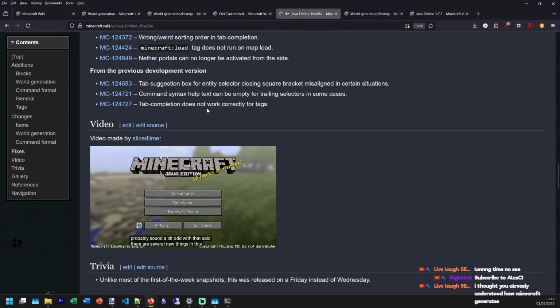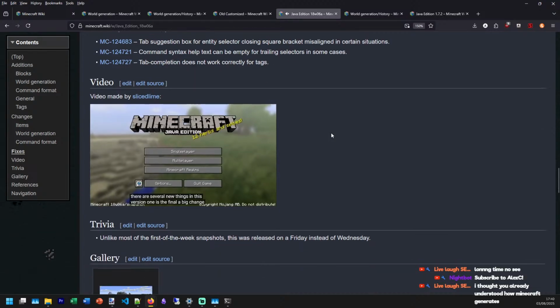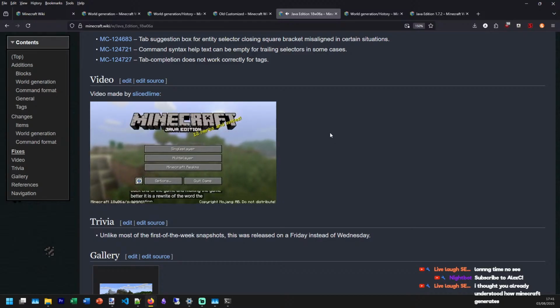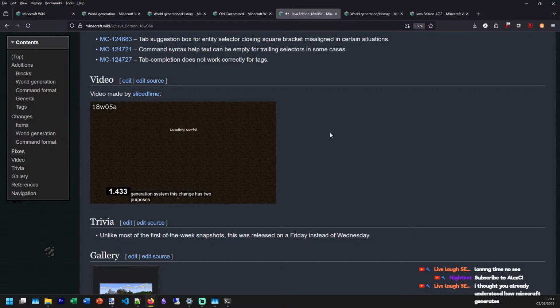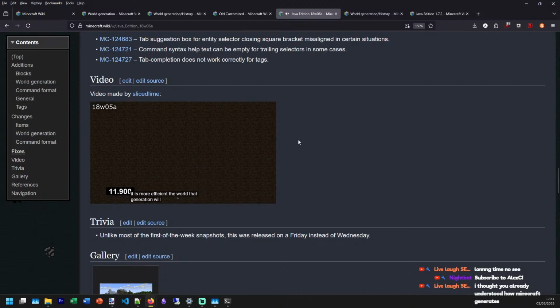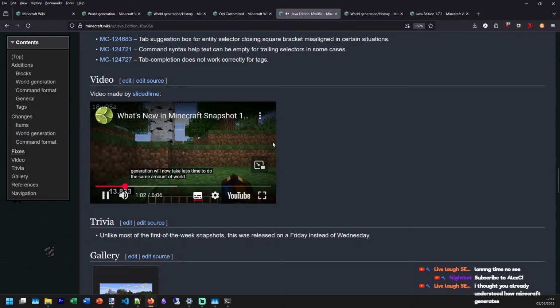What's going on? So they decided to do the... You can now provide settings with JSON files, and I think that is what is wrong with it. Well, degeneration.